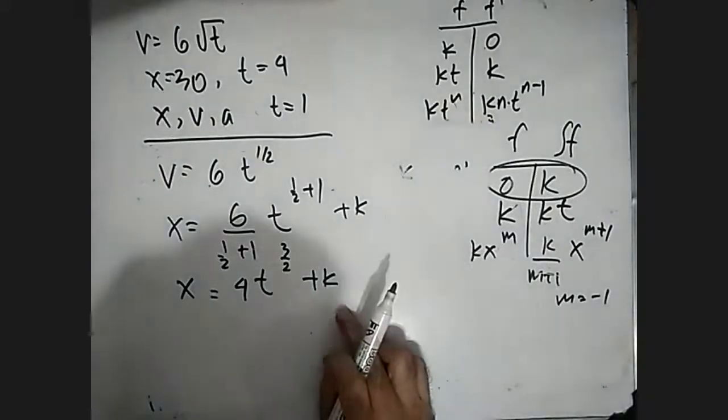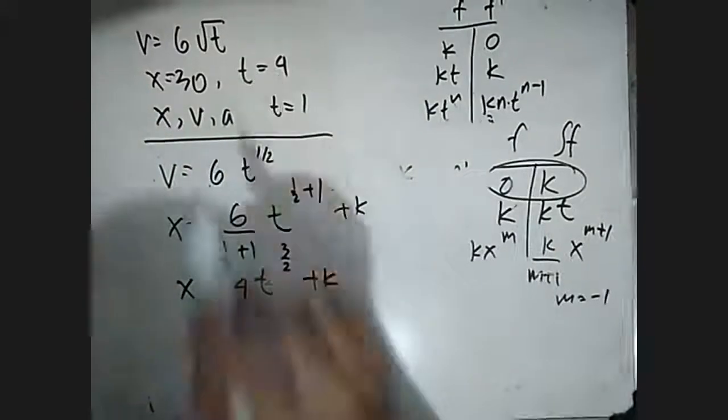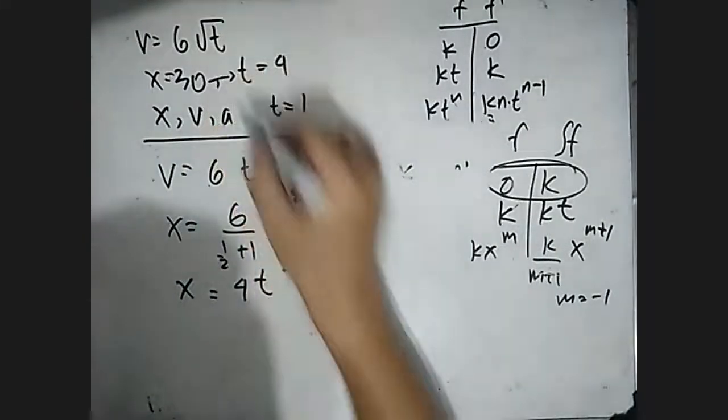We need to find the value for k here. How? It's given here. X is 30, t is 4. When x is 30, t is 4. So